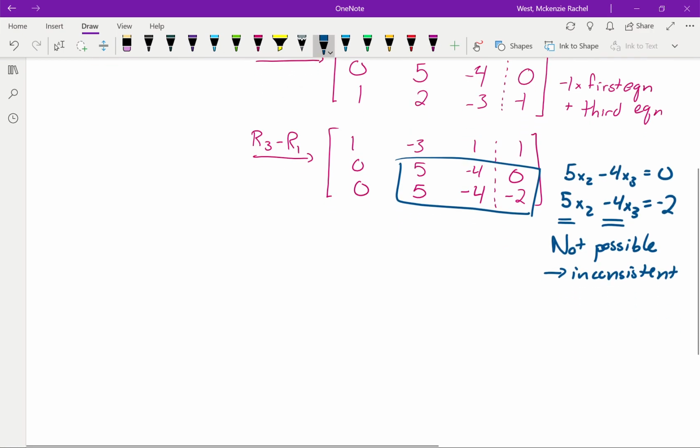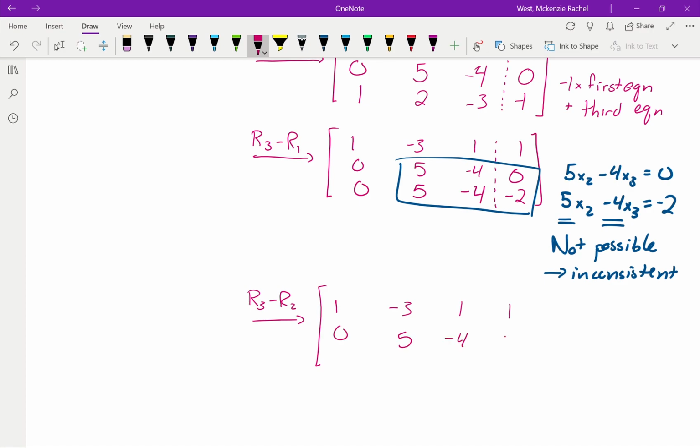There is one thing we could do. We could go a step further with our rows and equations. We could take the third row minus the second row, replacing the third row. 0, 5 minus 4, 0. So this first and second row stay the same. The third row then has zeros in all of the coefficient spots, but here at the end we have a minus 2 still. So if we now turn that back into equations and think about what that means,